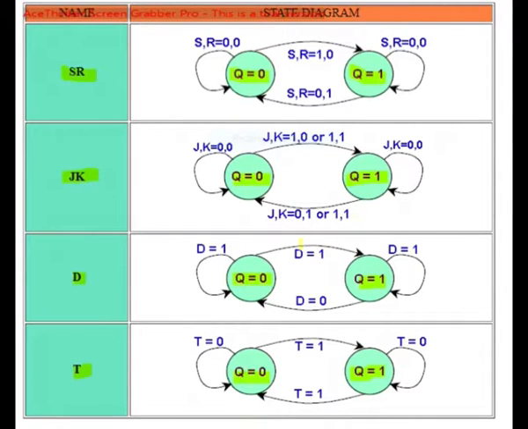Also, each flip-flop can move from one state to another, or it can enter the same state. The only difference between these 4 types of flip-flops lies in the values of the input signal that can cause